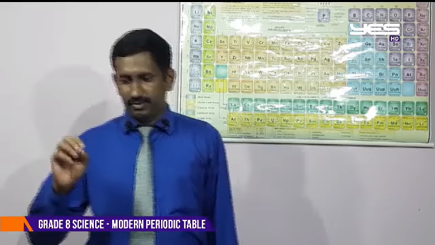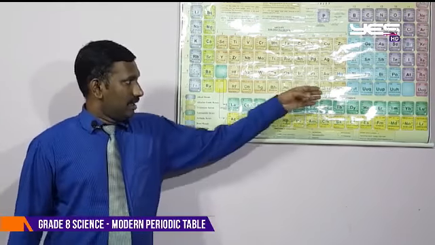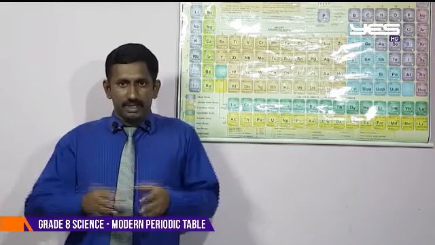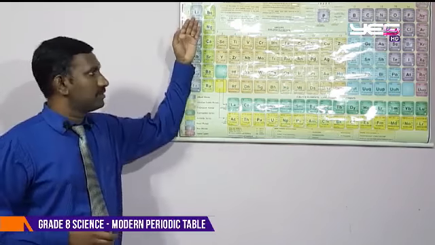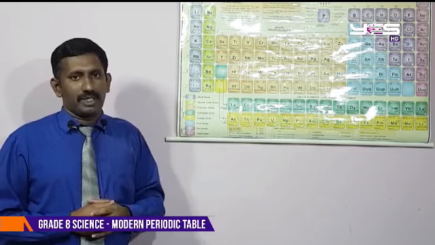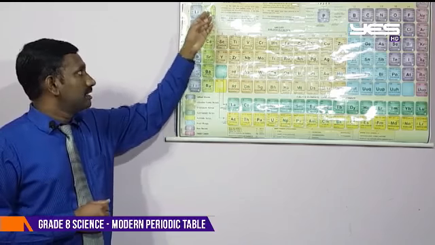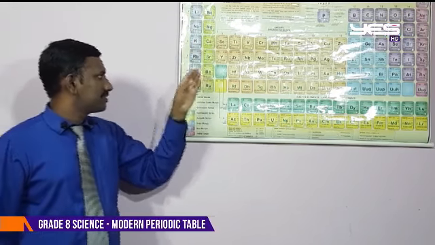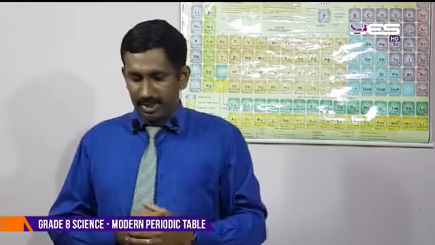Okay, then elements with similar properties are arranged in the same group. Mendeleev did experiments on different elements, and the elements which have the same properties he included in one group. That means group number 1 elements have the same properties. But hydrogen has some exceptional properties. Then take group number 2: beryllium, magnesium, calcium, strontium, barium, radium. All these group number 2 elements have the same properties.